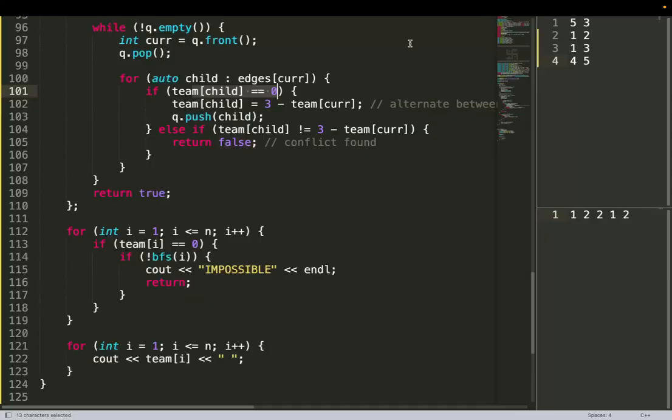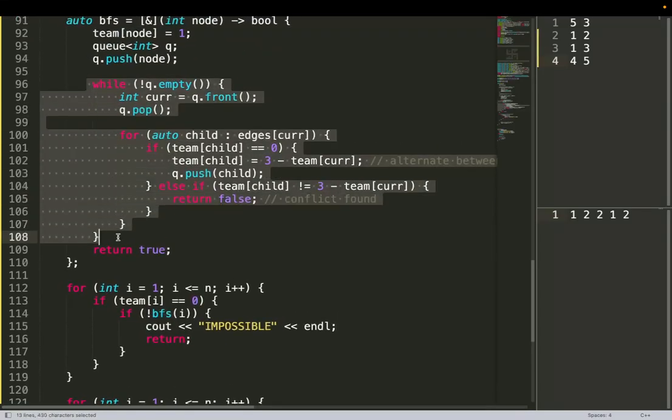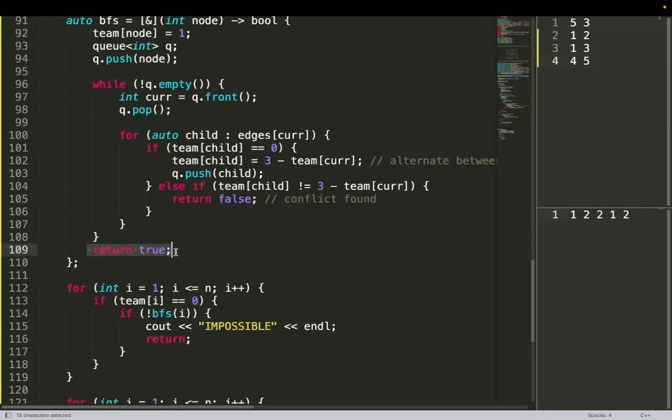You can clearly see that I check whether the team of child is equal to 3 minus the team of current; if it is not equal, this means it is not assigned a different number, so I return false. Here the conflict is found. If the entire queue has become empty and till now I haven't returned false, then I return true.